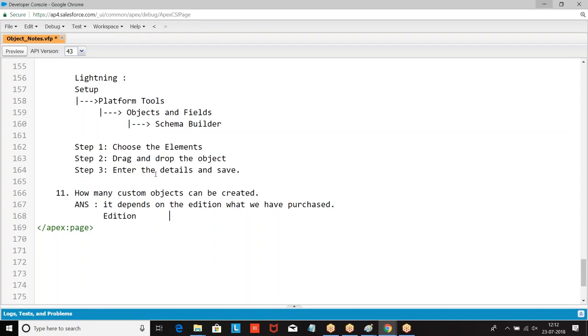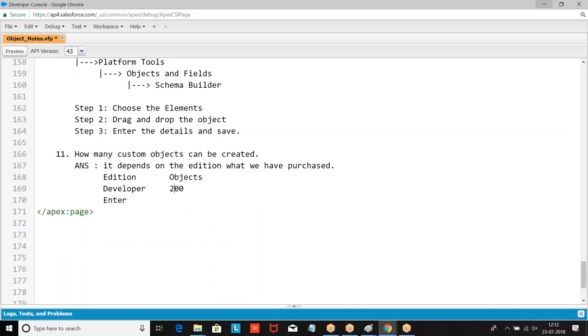So, edition, and we have objects. Developer edition 200. Enterprise 200. Unlimited 200. So the number of objects we can create purely depends upon the edition we purchased.